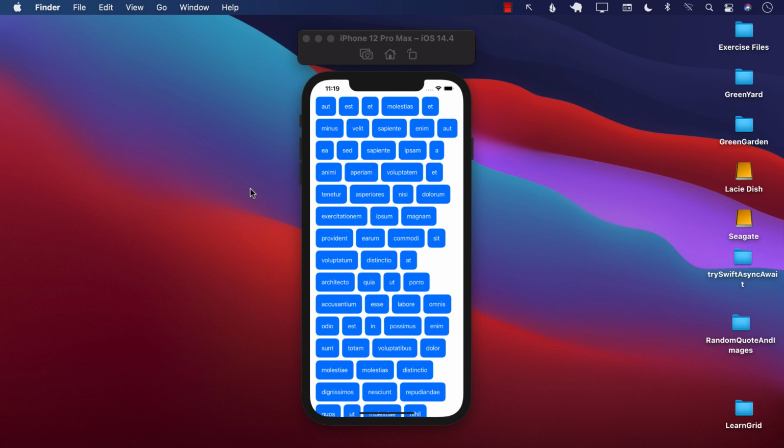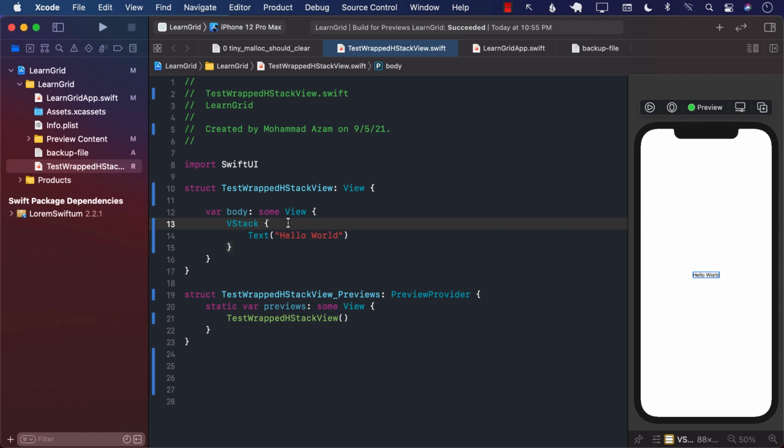Hello everyone, and in this lecture we will be building a tags view in SwiftUI. You'll be learning about how you can create an HStack with wrapping and dynamic width features. Alright everyone, so now that you have seen what we'll be building in this lecture, let's go ahead and get